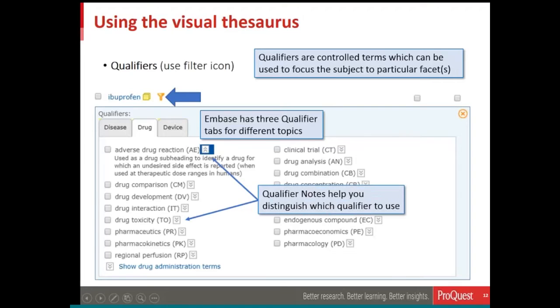There are qualifier notes within the table here, so I can see what the difference is between adverse drug reaction or drug toxicity. If I don't know how the indexers see that, I may want to use that information to know what they're distinguishing between those two, to determine whether or not I need to use both qualifiers or if one will do for me. So don't be afraid to use the drop downs here to expose the